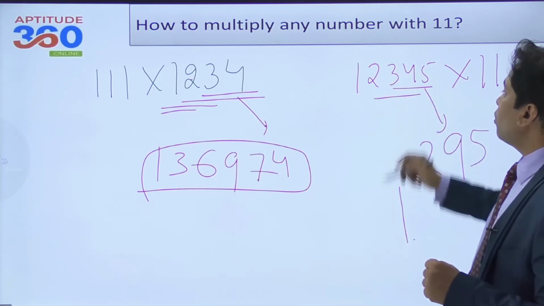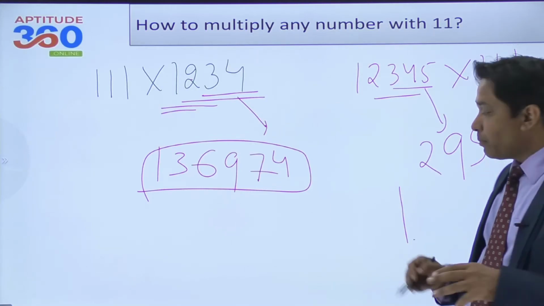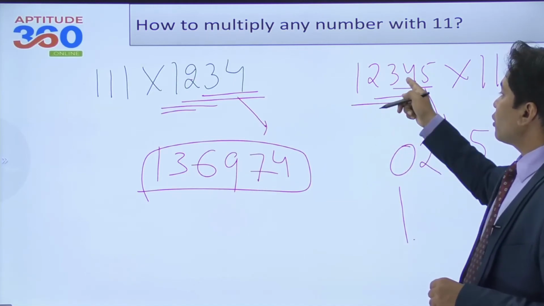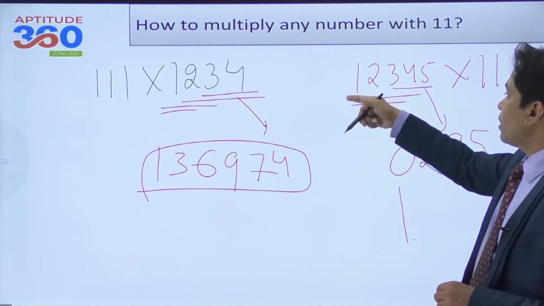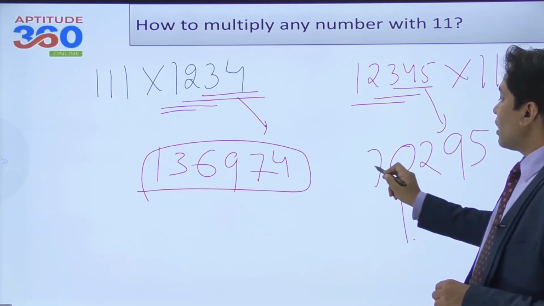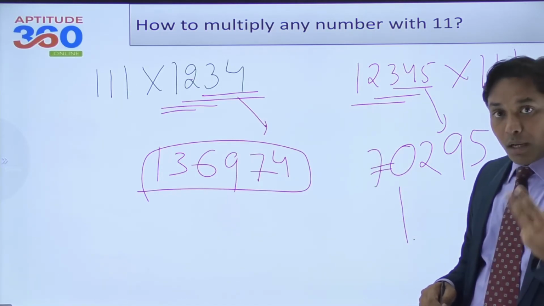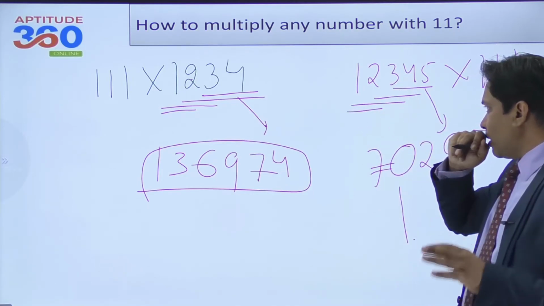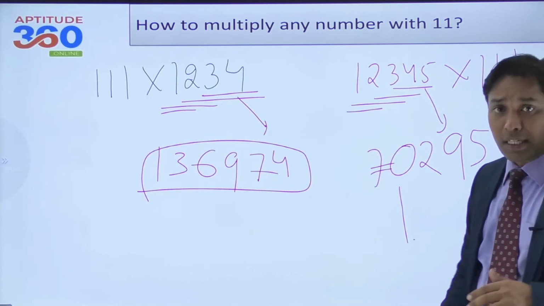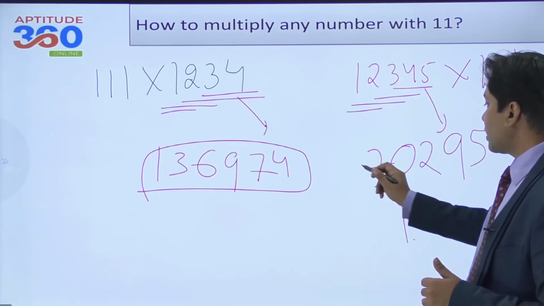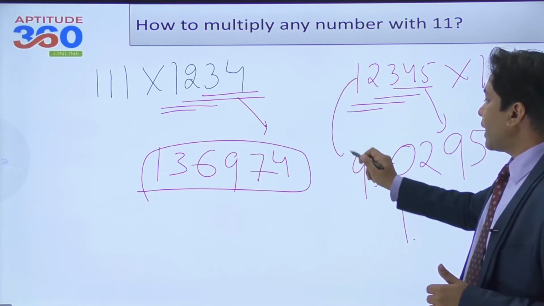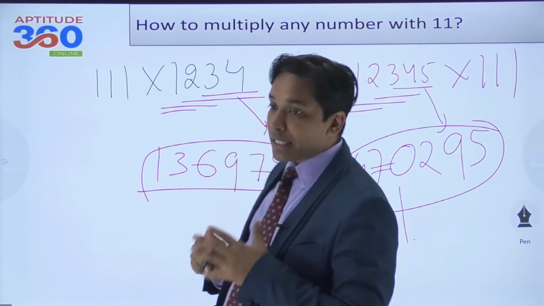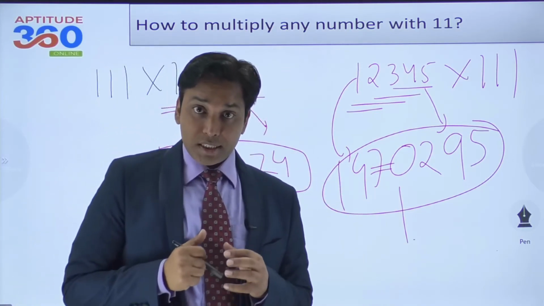You will take 2, 3, 4. 2, 3, 4 is coming out as 9 plus 1. Now still 1 is the carry forward. And then you will take this pair of three numbers, 2, 3, 1, which is 6 plus 1, 7. Now no longer you have a pairing of three numbers. So we'll take only two numbers, which is 1 and 2. So this number is 3 plus 1, 4, and then you will write this 1. So 1470295 is the product. I hope you're getting this.